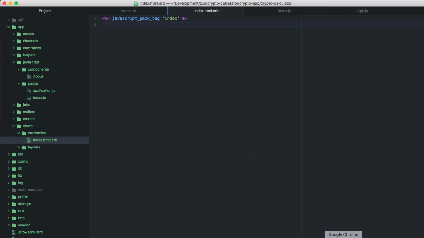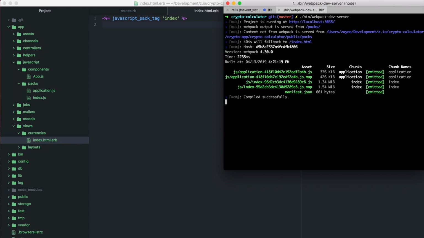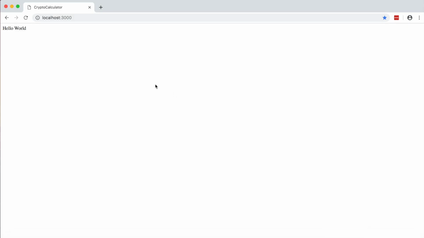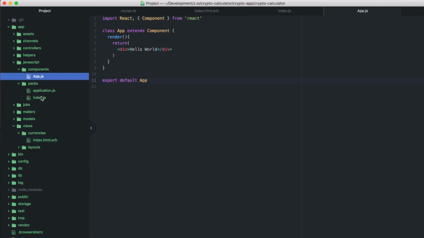And because we renamed that file, we might need to restart our server. So let's just do that really quick. So we'll do Rails S, and then we'll do bin/webpack dev server. So now if we open up our browser, it looks like we now have our new hello world message that's coming from our app component. So that's cool. So now we have our components folder, we have our own component, we've gotten rid of their kind of default that they gave us. And now we're starting to play with our own